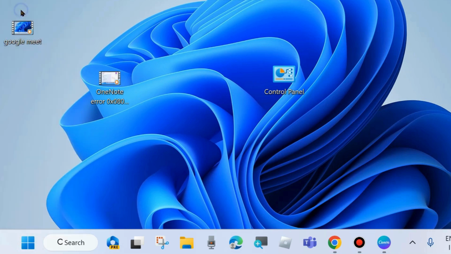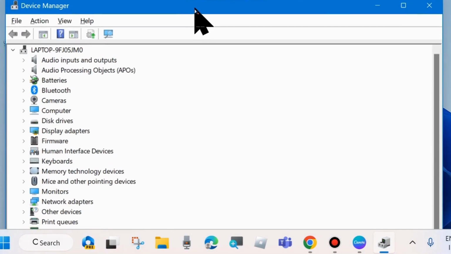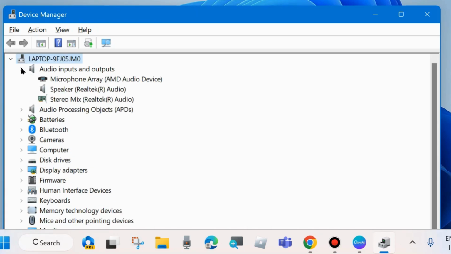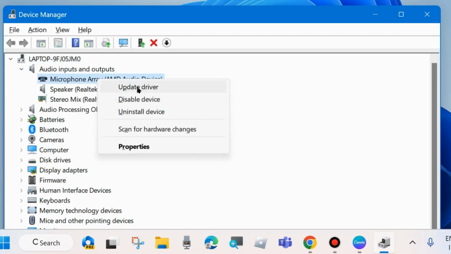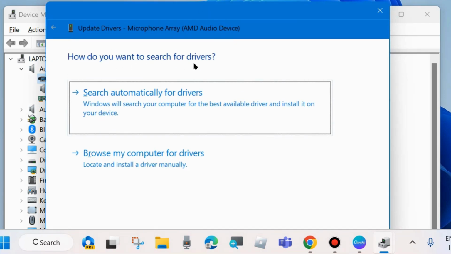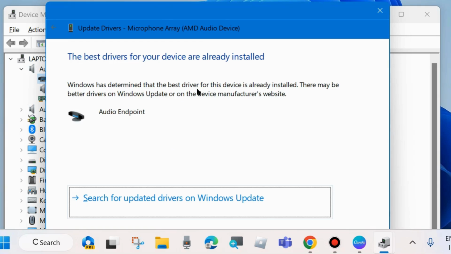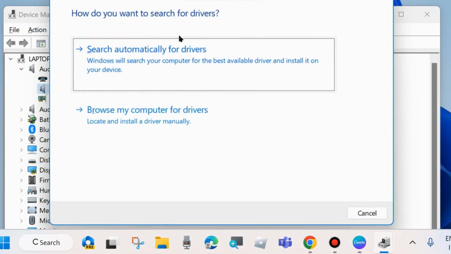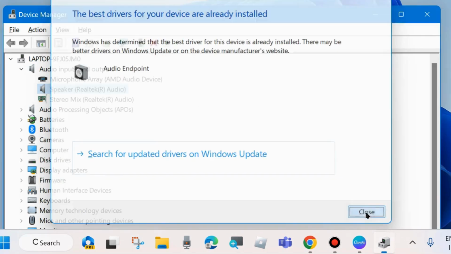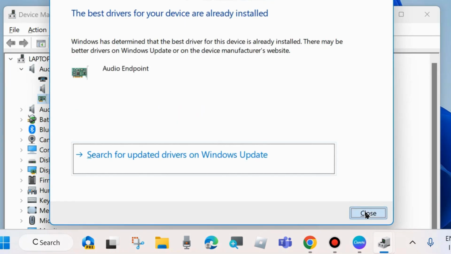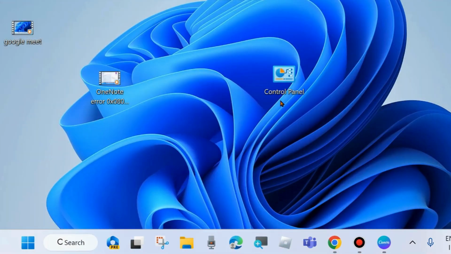If not, go to the device manager of your system and here expand the audio inputs and outputs driver section, right click on your microphone driver and choose update driver. How do you want to search for drivers? Choose search automatically for drivers and Windows will now update your Microsoft microphone. Apply all these drivers also and you can also change your phone from one driver to another in